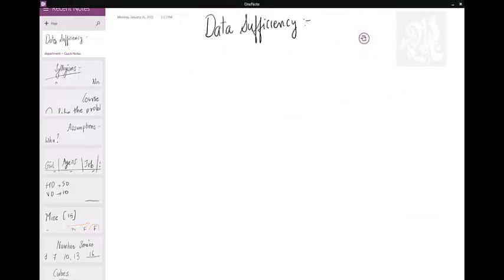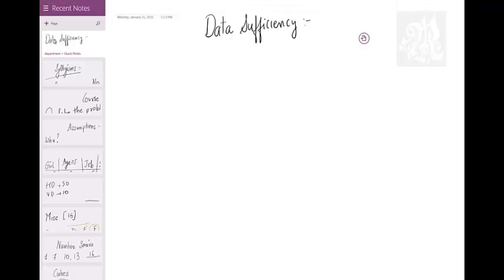Data sufficiency is a very easy section. 5 questions, you should take not more than 2 minutes. 120 seconds, not even 120, 90 seconds for 5 questions, which means 18 seconds per question. Two things to keep in mind. One, look at the statements alone first, and try to get the answer. If you get the answer by a statement alone, that's precisely the answer. If you do not, then combine and check.